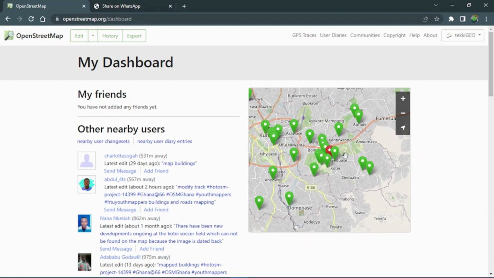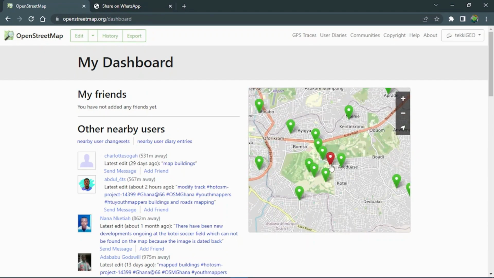So right over on the map here, the red one indicates your location, and then the green one indicates other mappers that are close by. So when you click on each of them, you get to see the user,